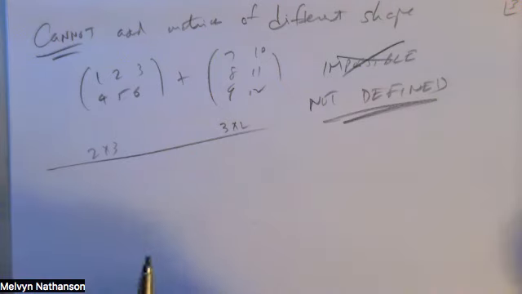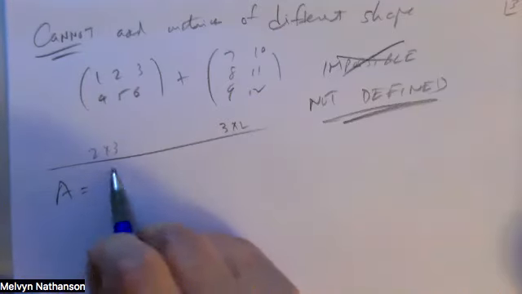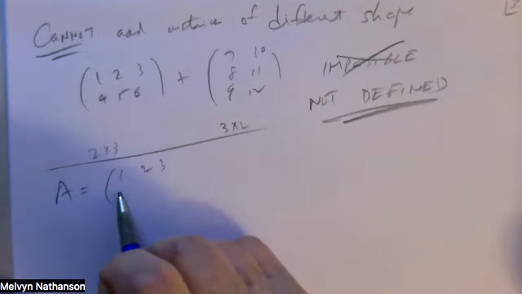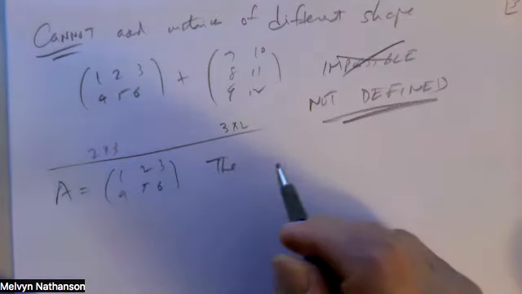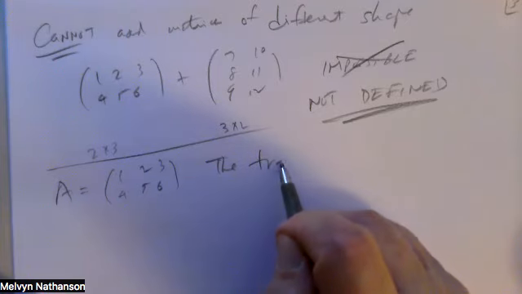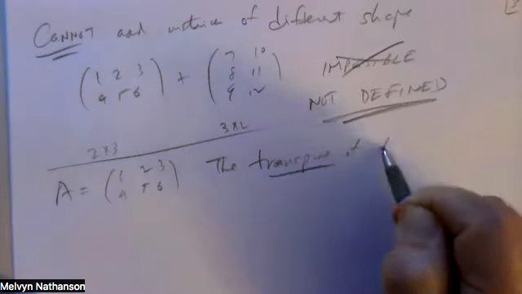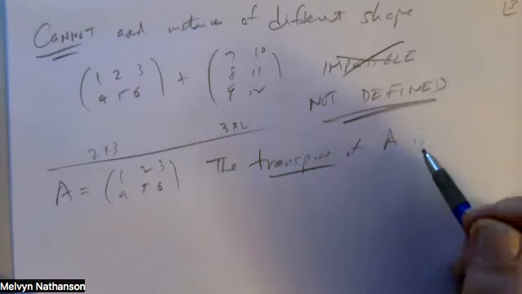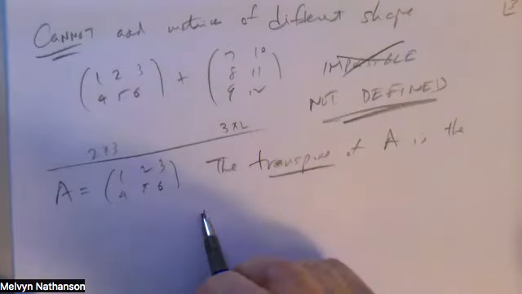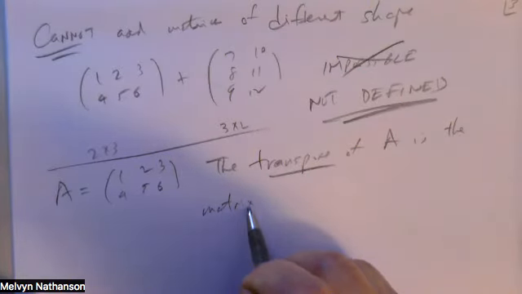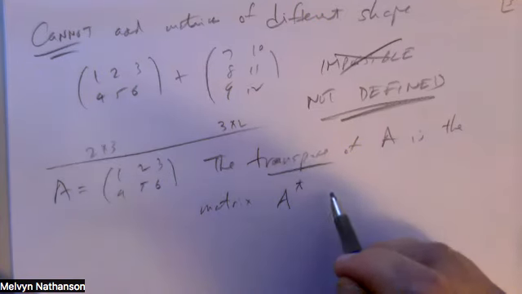I should say just one other thing. Suppose we have the matrix A, say it's 1, 2, 3, 4, 5, 6. There's an operation called the transpose of a matrix. So the transpose of A is a different matrix. I'll write it as A with a superscript little t for transpose,